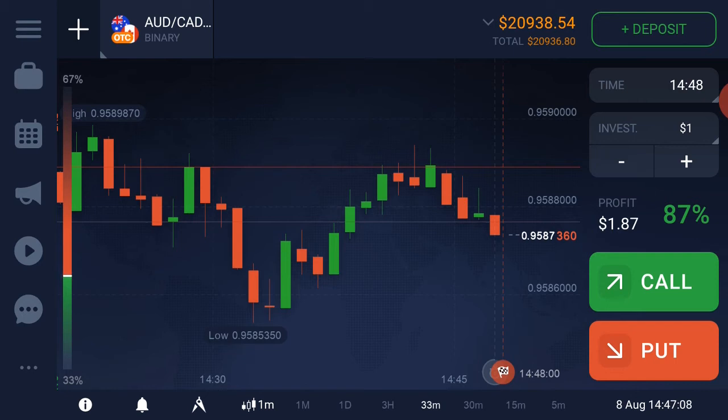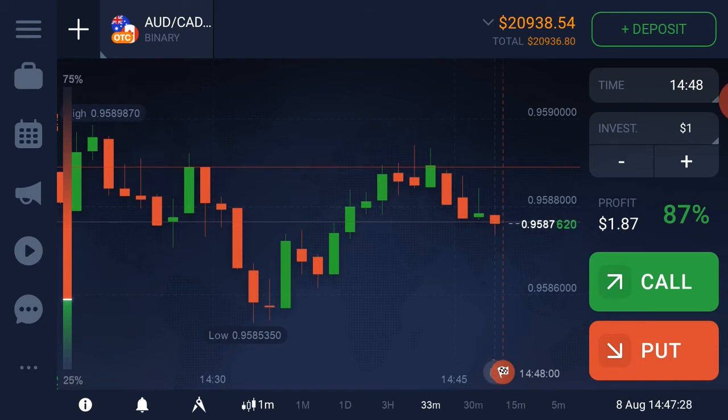Okay, look, this candle is breaking our support level. So we have to wait some time. If it doesn't break this level, then I will trade here, because the major trend is an uptrend.